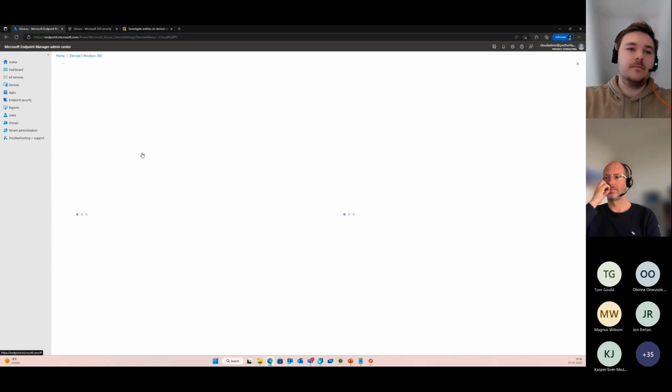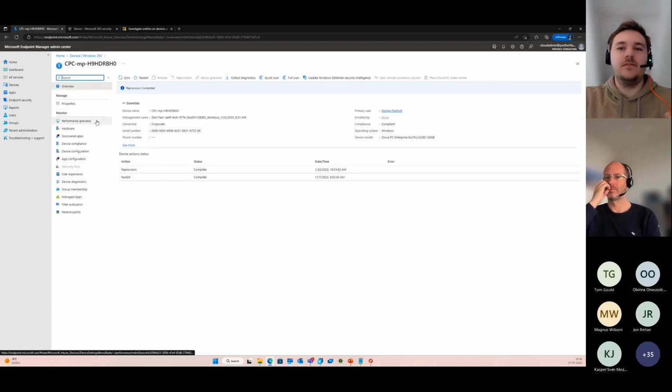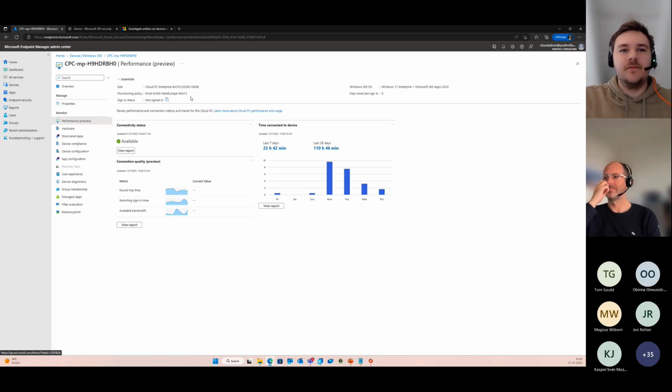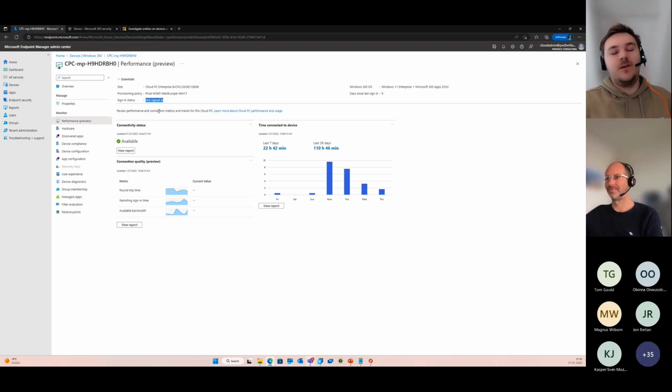So if I'm getting a user report or a ticket about something going slow or they're not satisfied with the performance, etc., I'm able to go into this view to see some more details about it. So the first neat thing up here is that I can see if the user is signed in. And some people are thinking, well, is that really useful in a troubleshooting scenario? And I actually came across one user that put in a ticket to me saying, well,